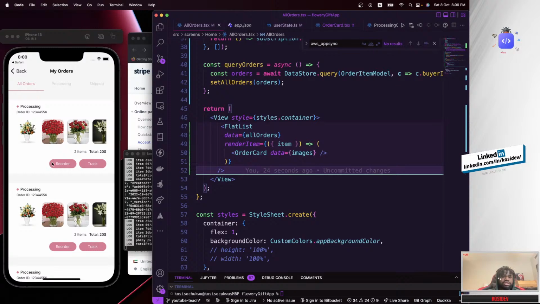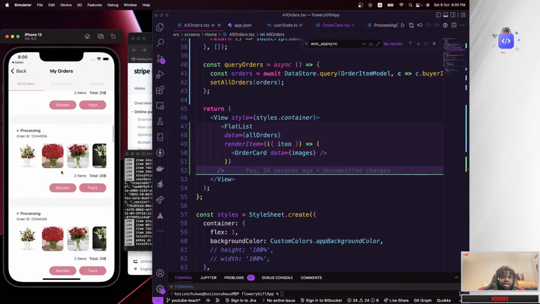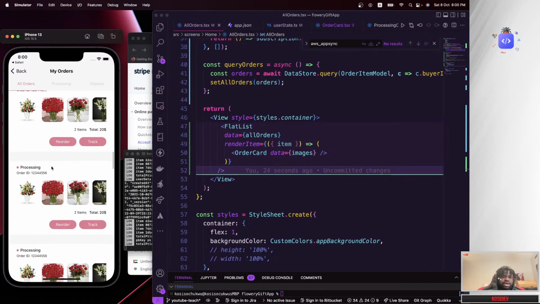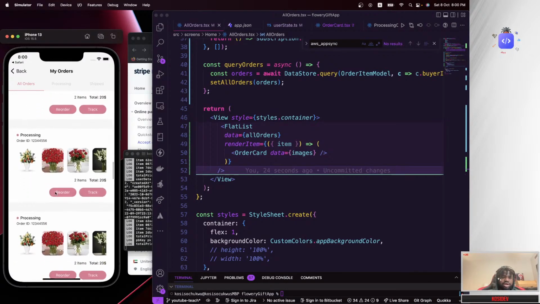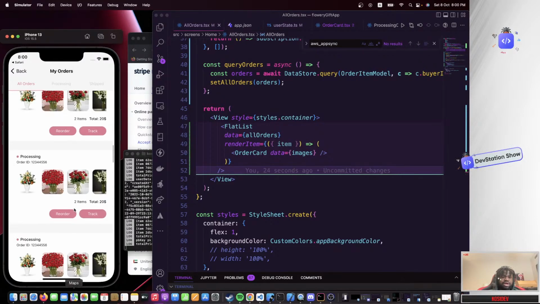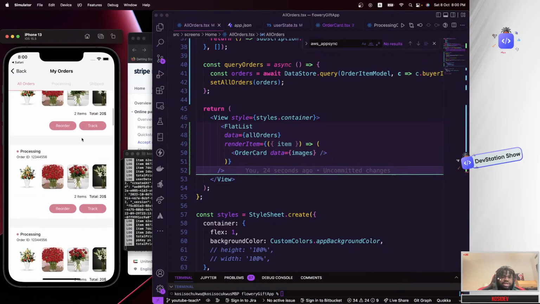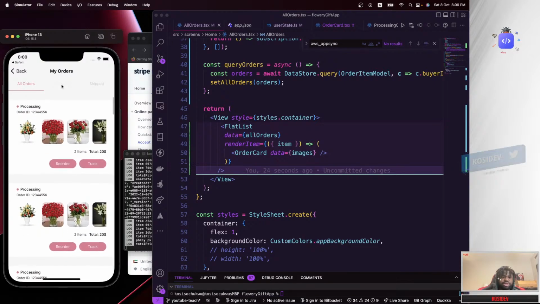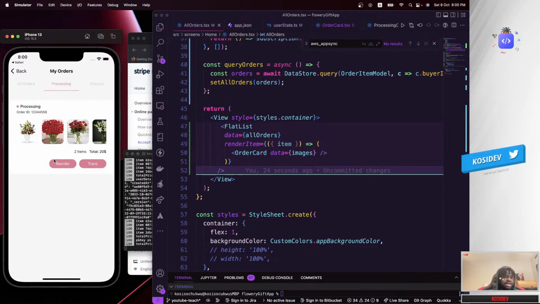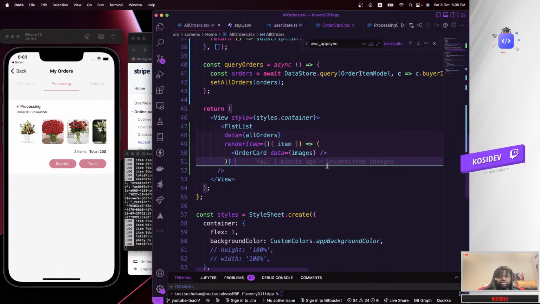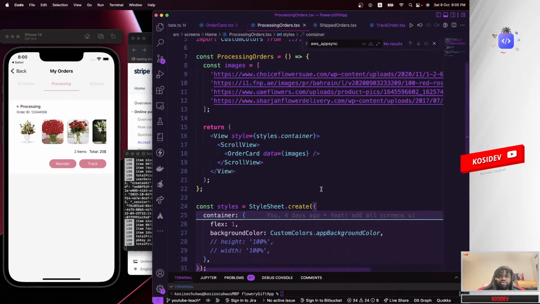Yeah, so you can actually see the user orders showing up right here, and these are all the orders that the user made, and they are currently processing. But the funny thing that will happen right now, if you tap on this processing, you only see one order. That's because we haven't actually changed it yet. So to do that, I'm going to head over to the processing orders. You can see that, that's because we're not doing anything inside there.